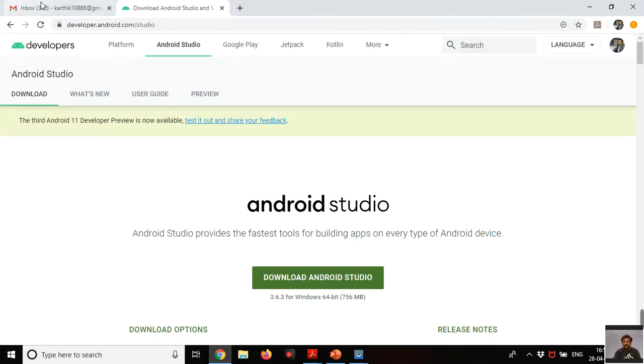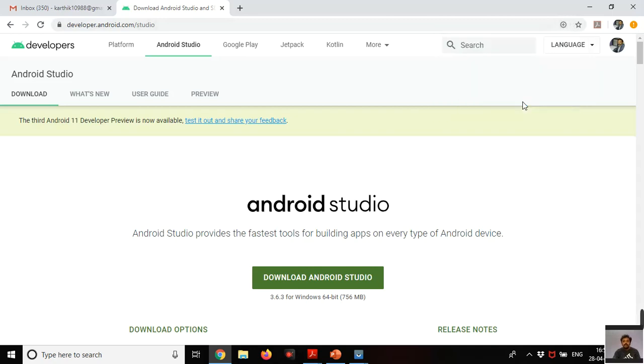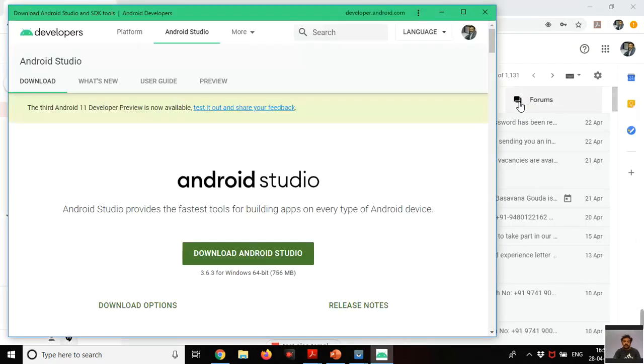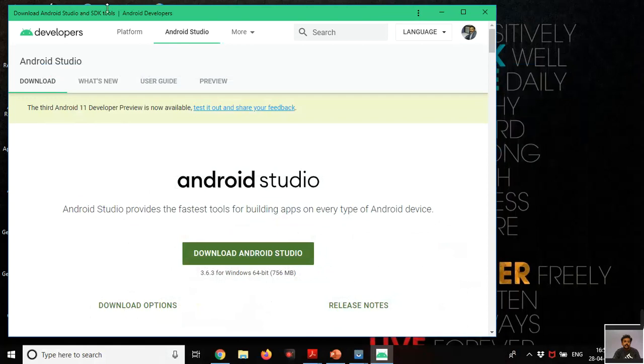See, the URL got loaded, but you can see there is a plus icon. If you click on this plus icon, it will ask to install. So I'll click on install. See, the plus icon disappeared and the application opened separately from the web page, like a mobile app, like a web app.